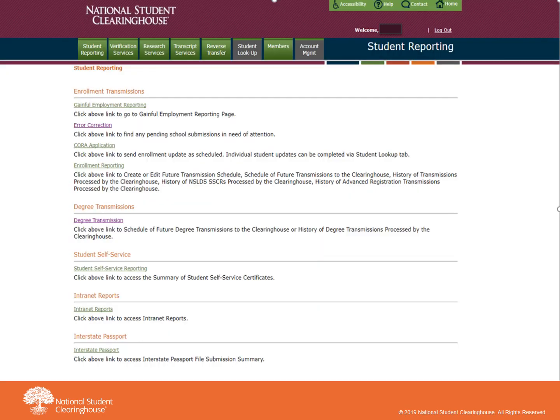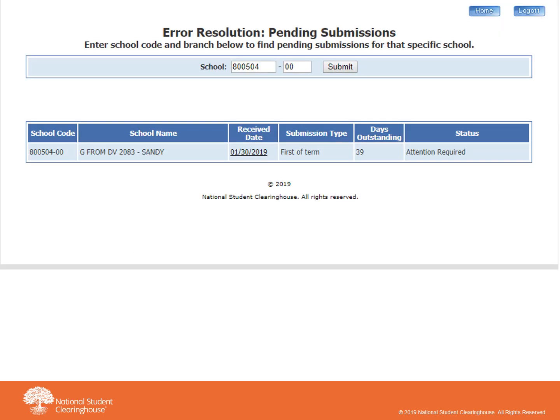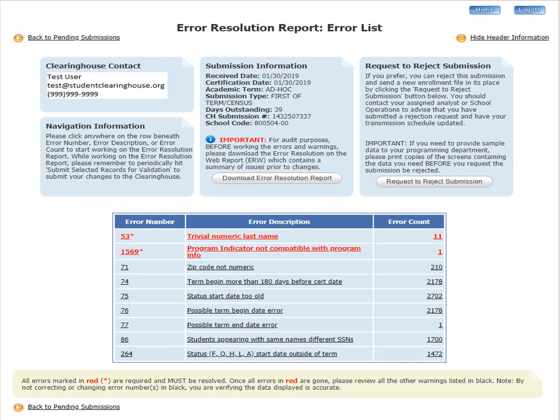From the Student Reporting tab on the Clearinghouse Secure site, select the Error Correction link. Select the receive date to view the Error Resolution report. Here you will see your error report along with the errors and warnings that were generated from your current enrollment